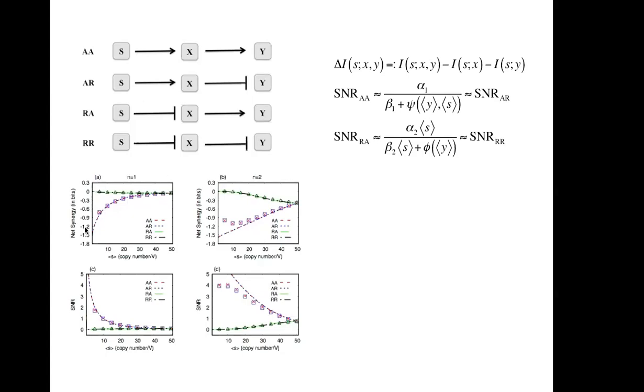We see there is an overlap of results, or a kind of degeneracy, for activation and activation-repression dynamics. And for repression-activation, we see another kind of degeneracy or overlapping of the results. And for this SNR, we see the same feature.